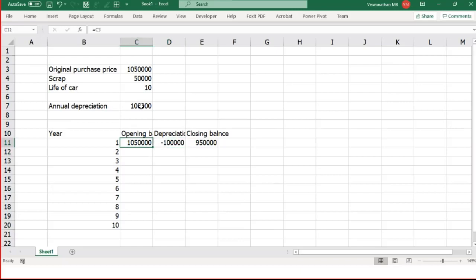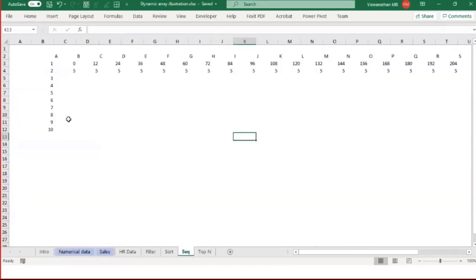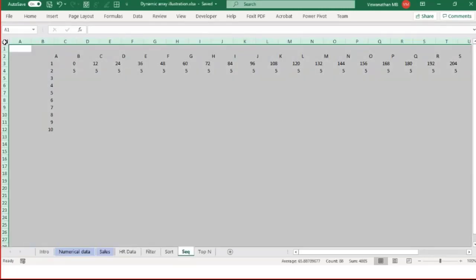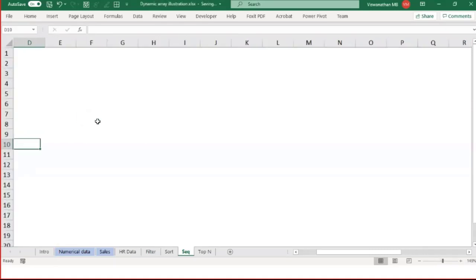What I could do is give just one formula which can dynamically spread across 10 years. For this, there are certain functions that we'll have to learn, so we'll understand some of these functions. The first function I'm going to talk about is the sequence function. What a sequence function does is merely create a sequence of numbers for me.